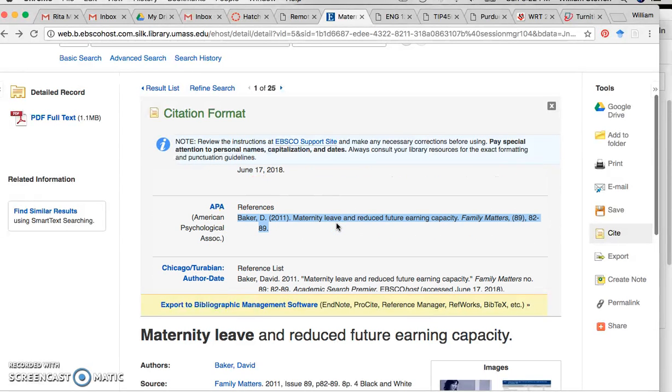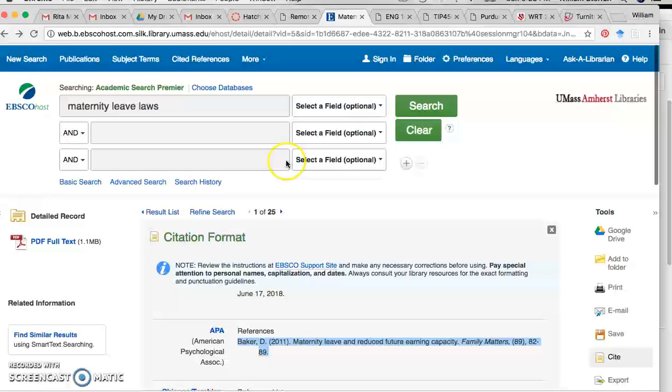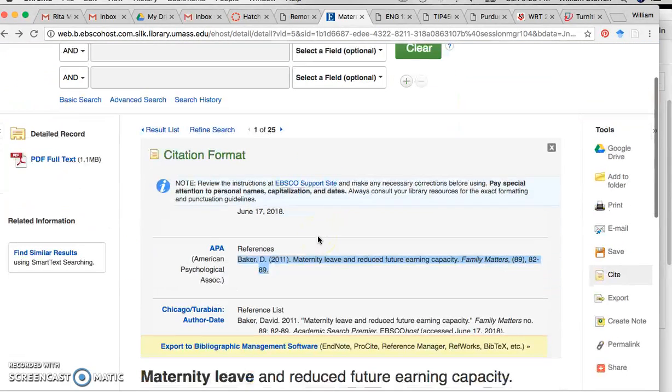So then what you can do is just copy paste this citation to your annotated bibliography. And then you have that citation, it's formatted correctly, and then you just write your annotation to it and do that 4 to 6 times, and then your assignment is basically taken care of. But the other thing you can do as a way to collect the source and keep it in a place where you can easily find it,